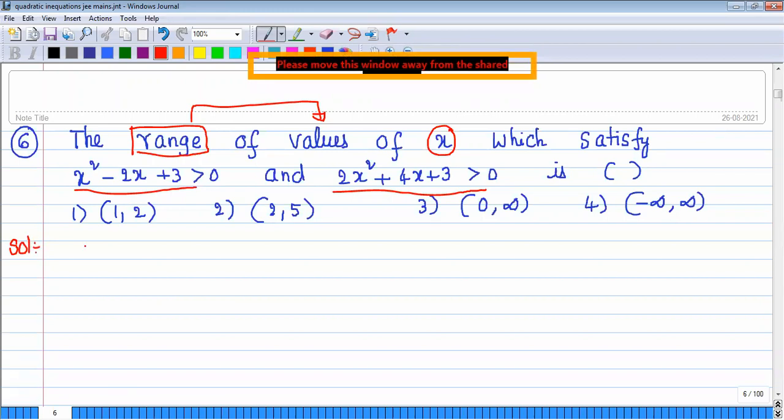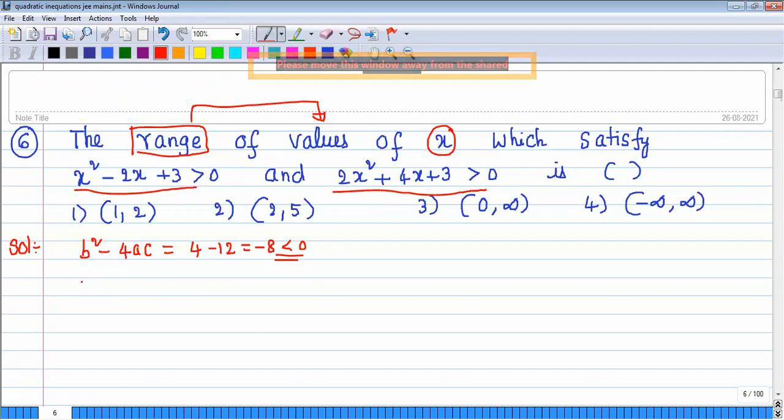So how could we write x square minus 2x plus 3 by factoring? It will not factor like that. I will show you here. So first find b square minus 4ac. b square minus 4ac is equal to, what do you get now? 4 minus 12, that is -8, less than 0.